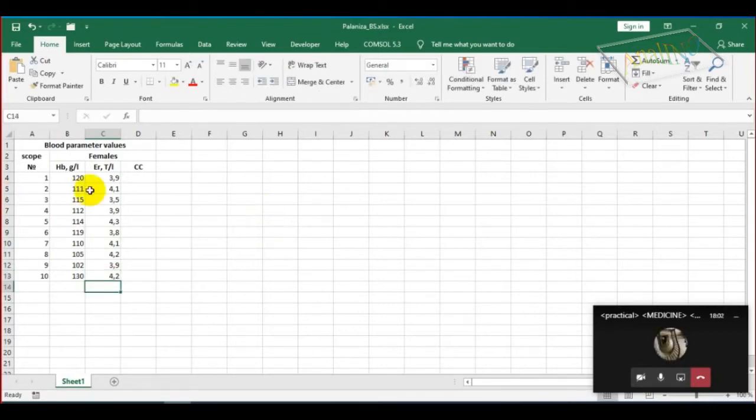Like this. But pay attention. Check this diapason, the alignment of these values. If your values are aligned right, it's correct. In this case, the Excel application recognizes them as numerical values